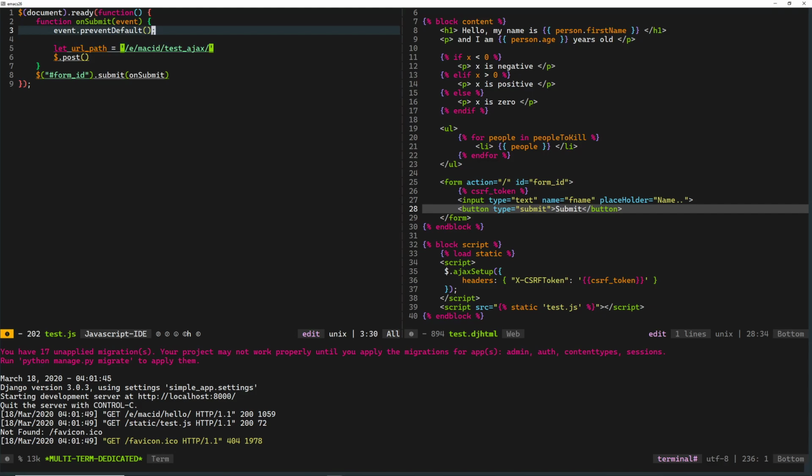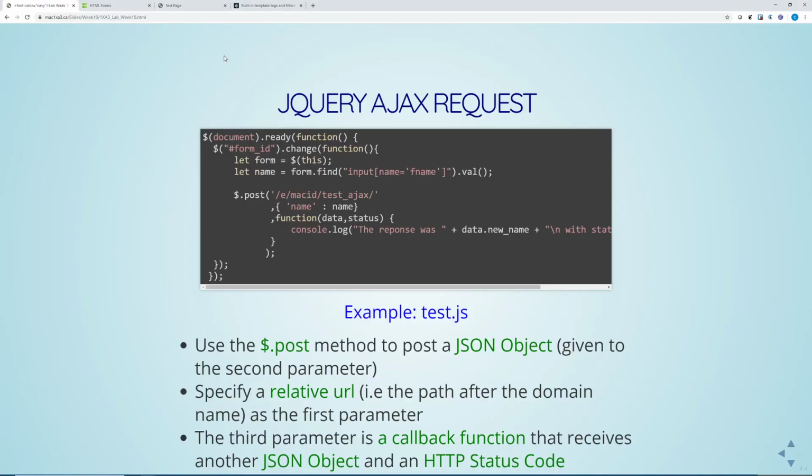e/macid/test_ajax. So this path doesn't exist yet, so we're going to have to go to our urls.py to add this path in a moment. But until then, we're going to put URL path here. So the second thing this is going to take is going to be some JSON data, which